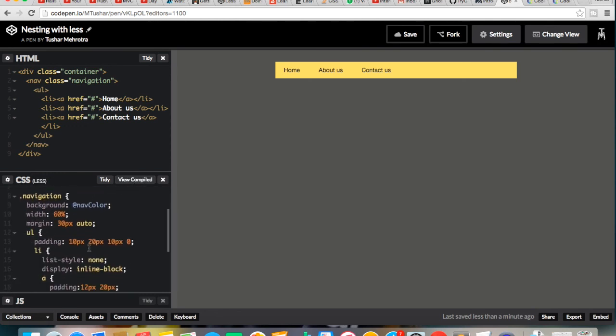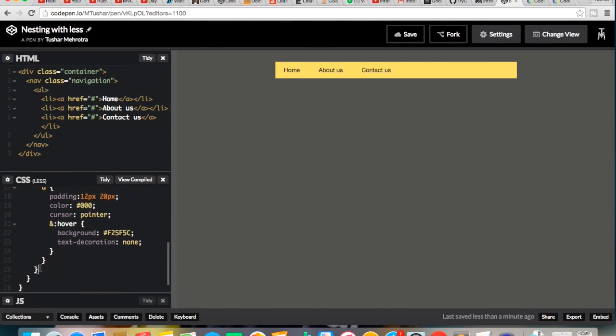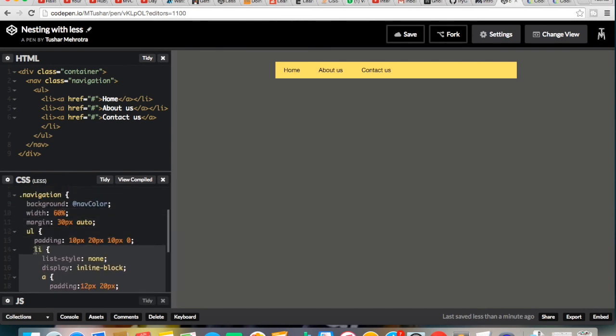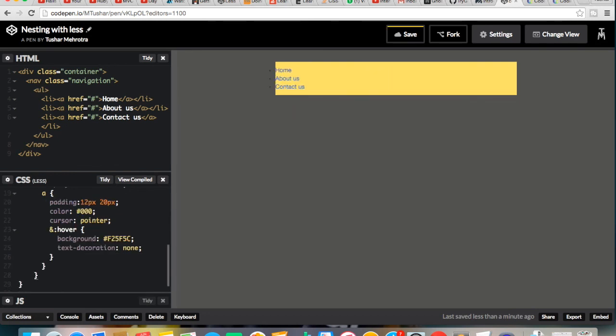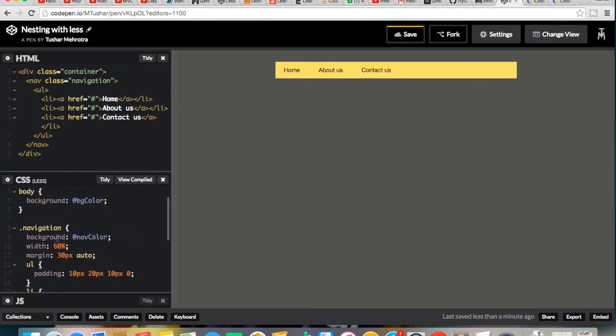This time I'll take the li out of UL just to see how it works. You can see that now li is outside UL but again inside the navigation.